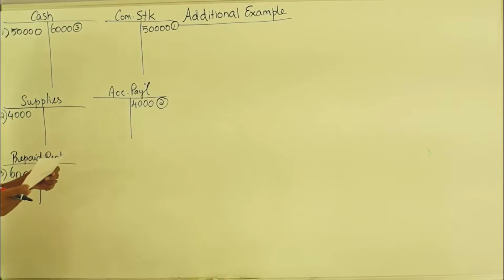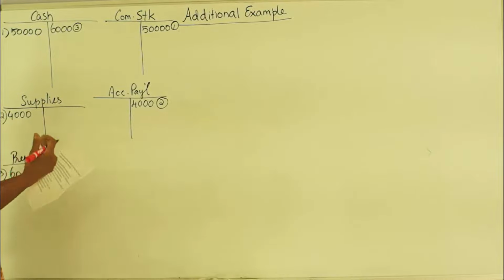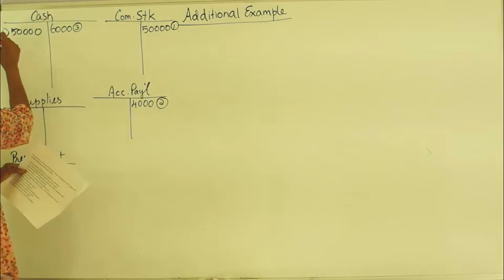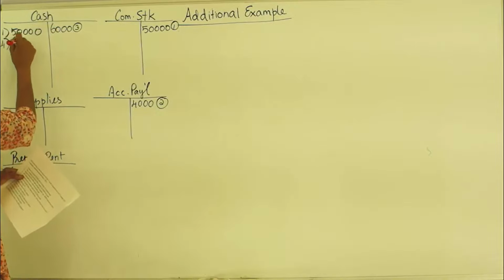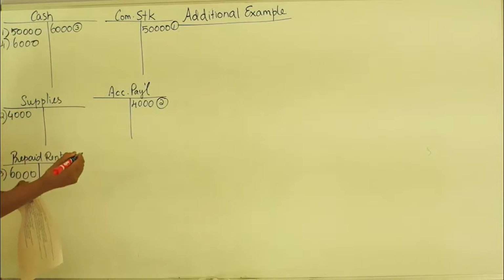Number 4, provided services to client for $6,000 cash. So the company is earning revenue. It's provided the service, so this would be a revenue. So you debit cash for $6,000 and you will credit